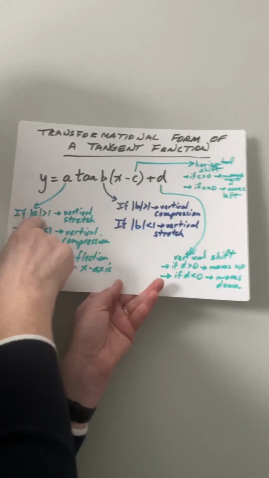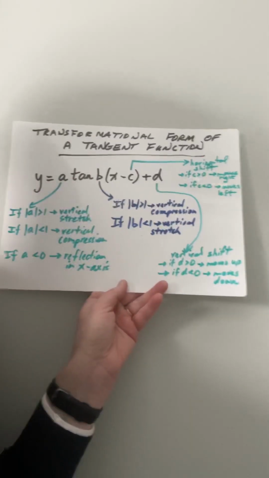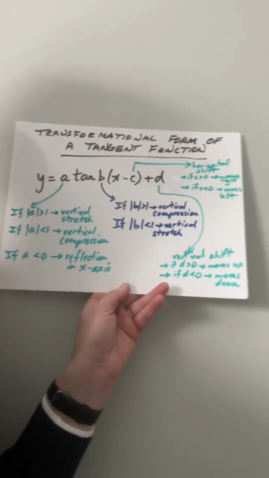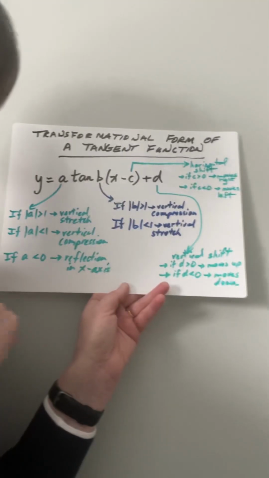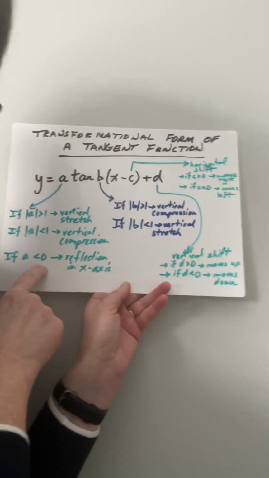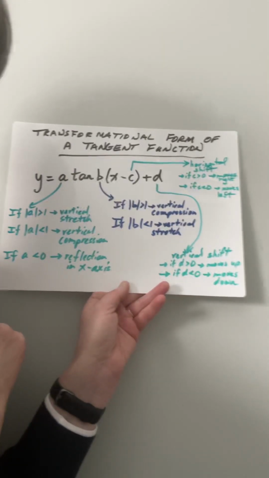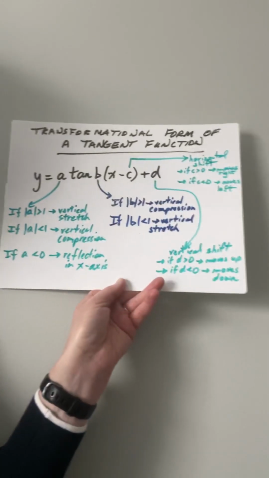Okay, so if the absolute value of a is bigger than 1, so if that number is bigger than 1, whether that's negative or positive, it's a vertical stretch. If the absolute value of a is less than 1, it's a vertical compression. If a is less than 0, in other words, if a is negative, we're going to see a reflection in the x-axis. All right, now if we talk about amplitude